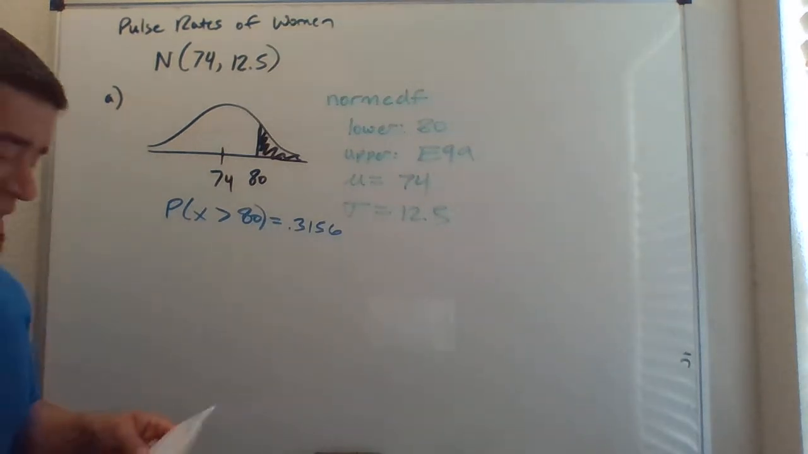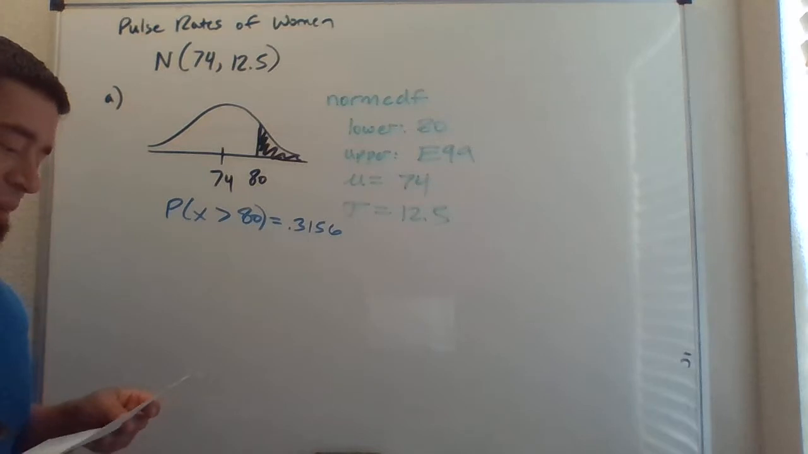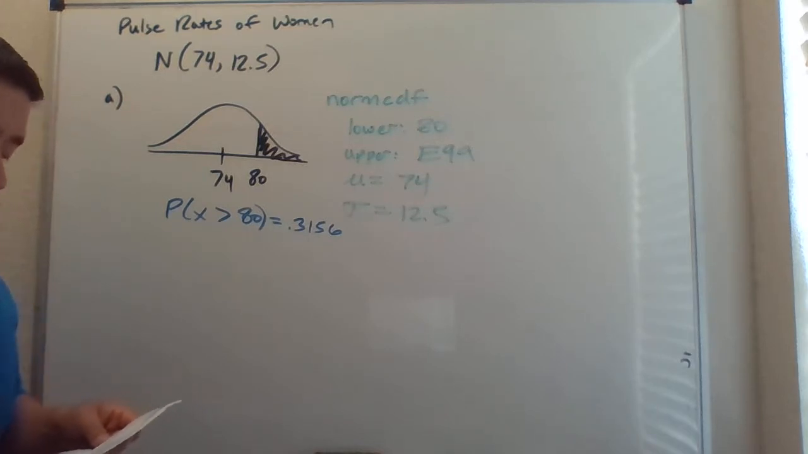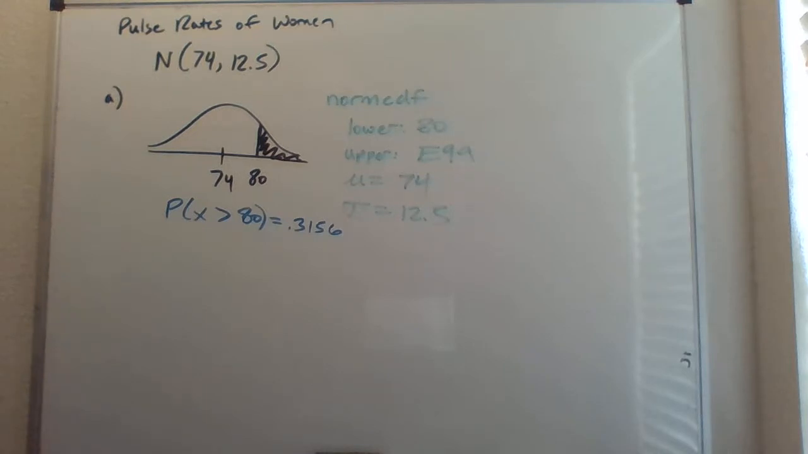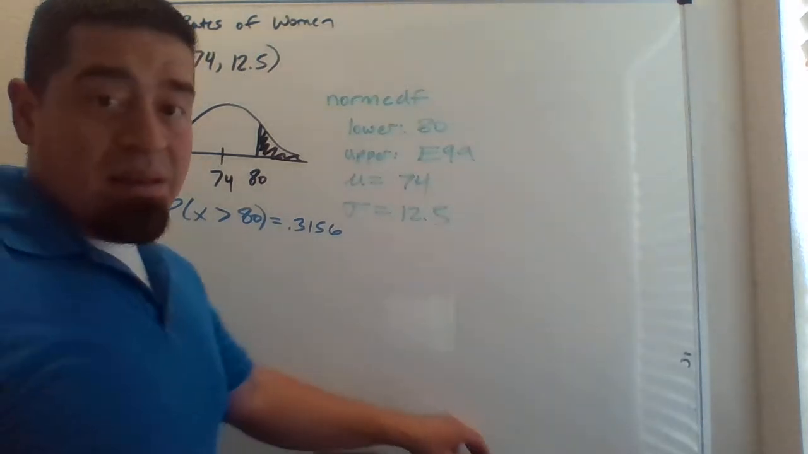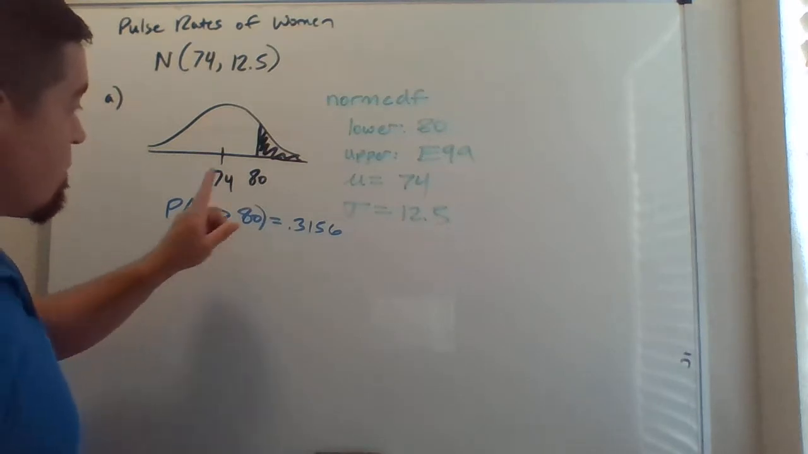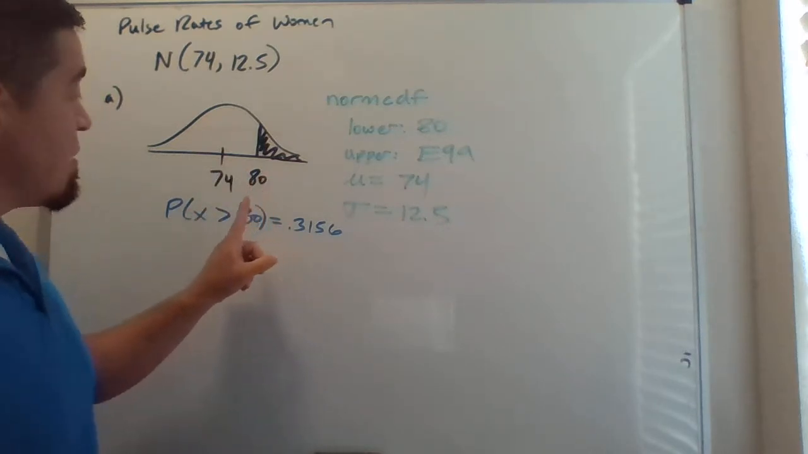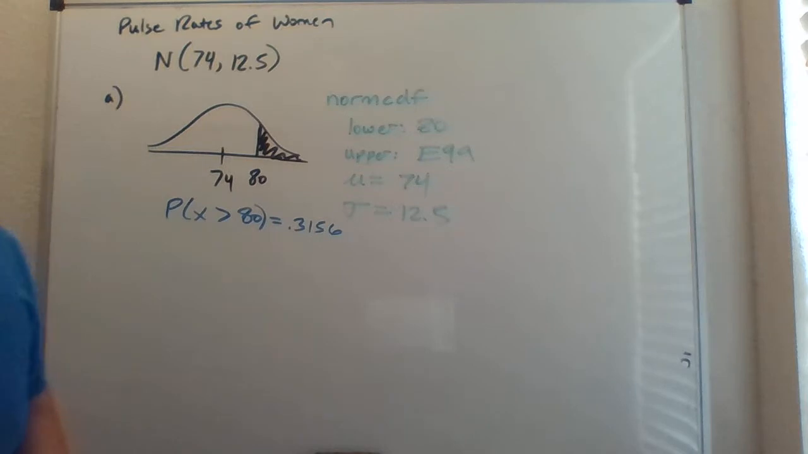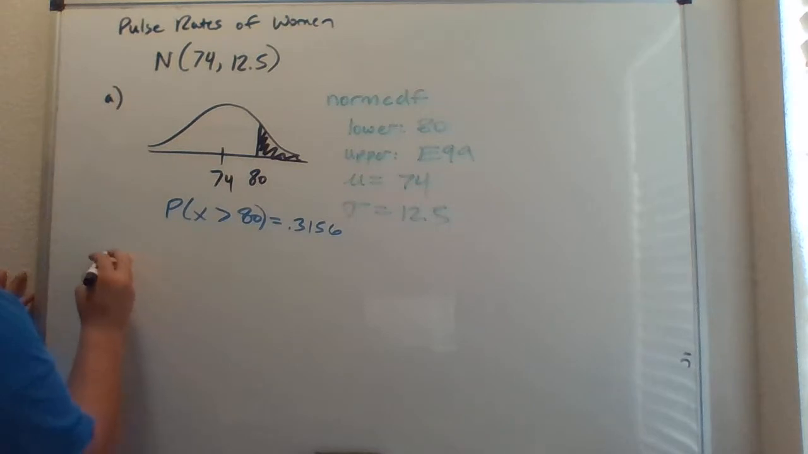So now B says, find the probability that a sample of 16 randomly selected women have a mean pulse rate greater than 80 beats per minute. So this is not the same question as before, because they're not asking for one person being greater than 80. They're asking for the mean of 16, I'm sorry, to be greater than 80. So this is actually